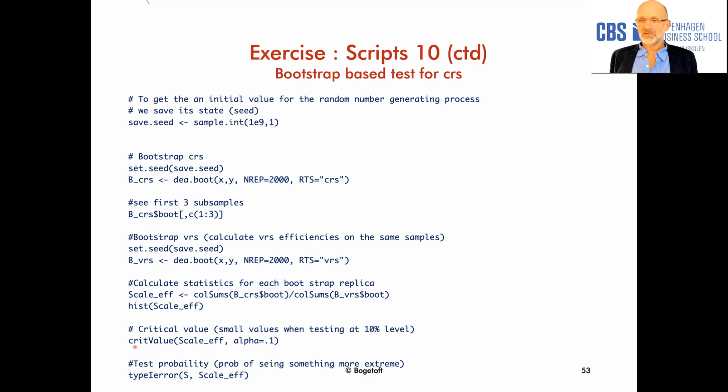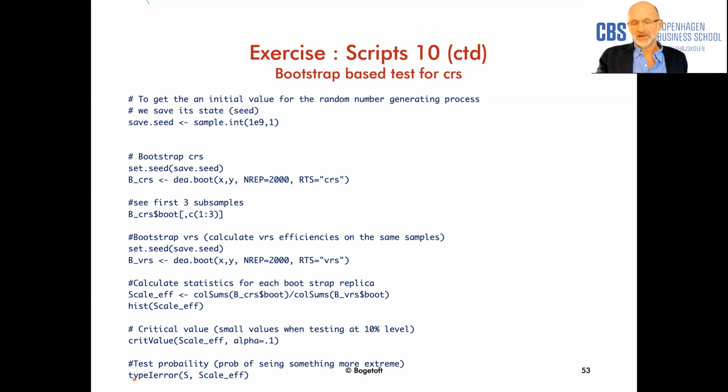And you can also, so that will, then you know that if you fall below that level, then you have to reject the hypothesis of constant returns to scale. You could also see what is the test probability for my specific sample, and to do